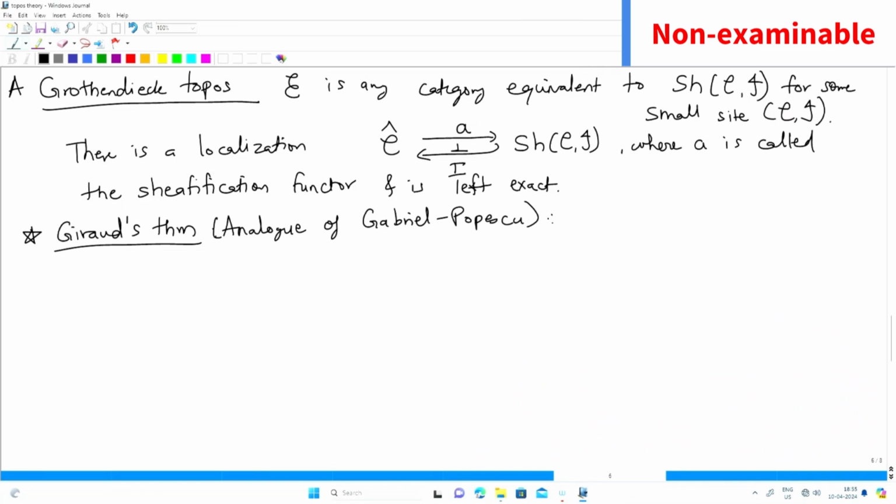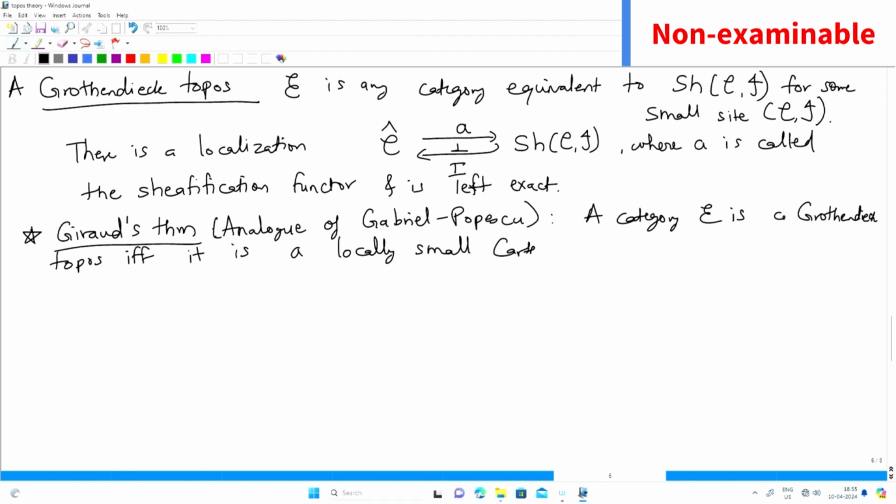So Giraud's theorem says that a category E is a Grothendieck topos if and only if it is a locally small Cartesian category